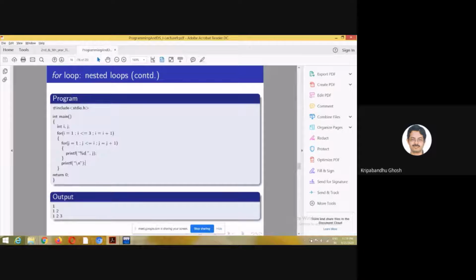So it is printing j. It prints 1 and 2, and after that this loop ends, and there is a new line. It runs for a final time for i equal to 3, for which the inner loop runs from 1 and ends at 3. So it is 1, 2, 3. I hope this is clear to you. But unless this is crystal clear to you, you won't be able to understand the different tricks, variations, subtleties and nuances associated with it.